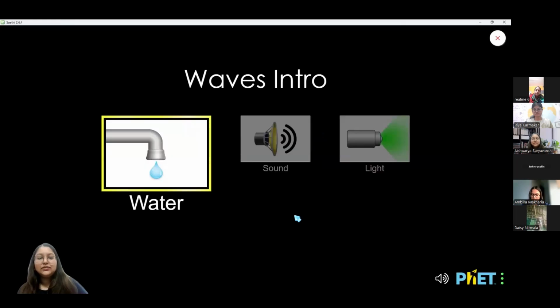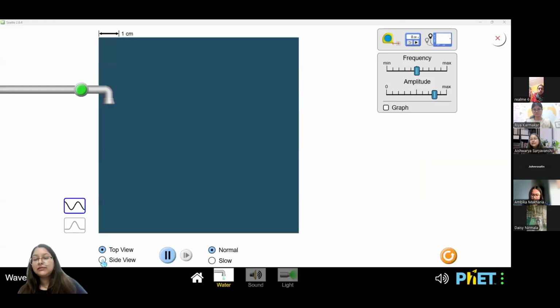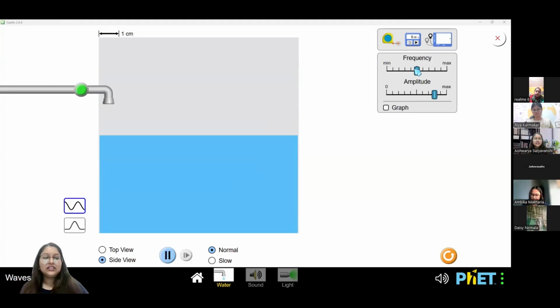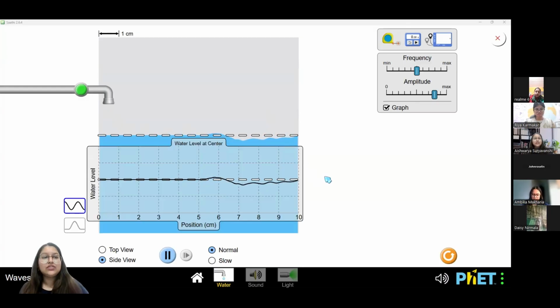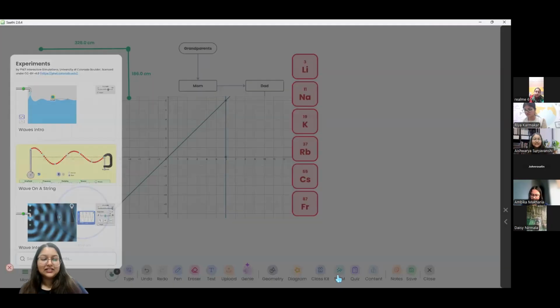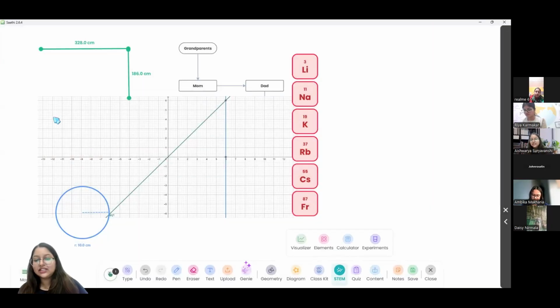So these are interactive simulations, and if our teachers are willing to show some practical operations of how they work, they can have the top view, and they can also have the side view. These are the different types of waves. You can start adding water, you can change the frequency, you can change the amplitude, and you can also see the graph of how water is impacting when the waves are going. So all of that can be done from here. And it's going to be a fun activity for the students to understand waves in a very interactive manner like this. Okay, that was the STEM.